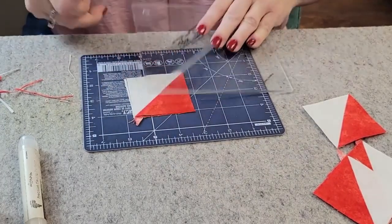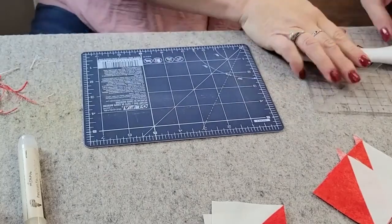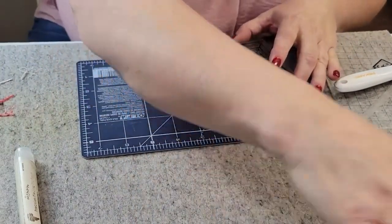So this is quick and easy for me. Let me grab my other ruler and I'll show you how I square up without it. Okay, you can see my poor little worn out, I think it's a 4-inch. And how I do it